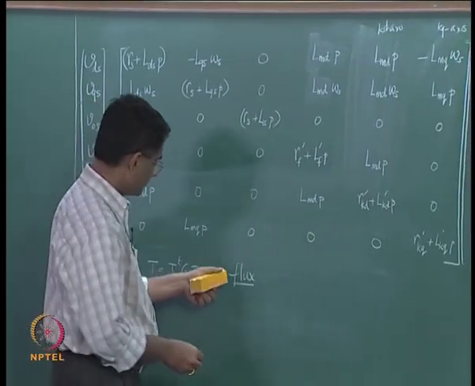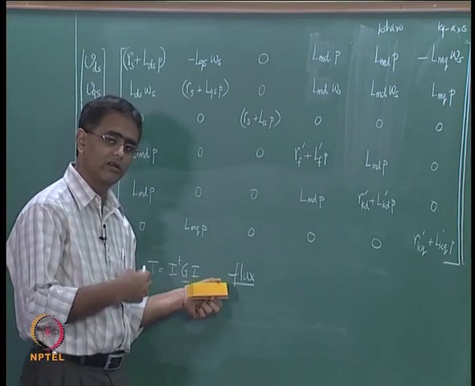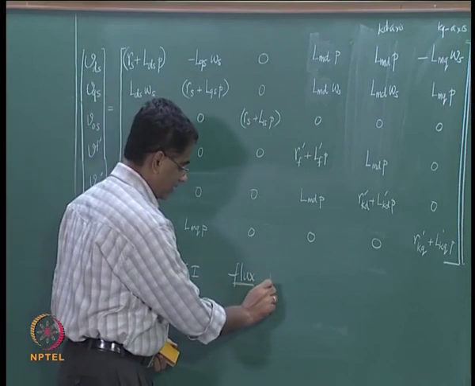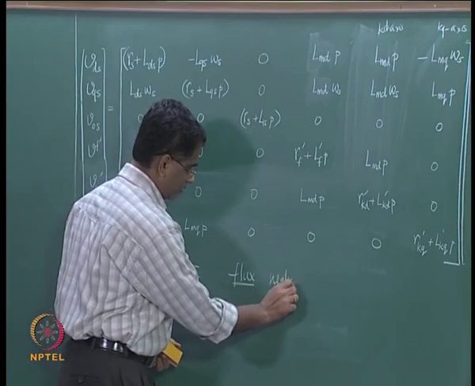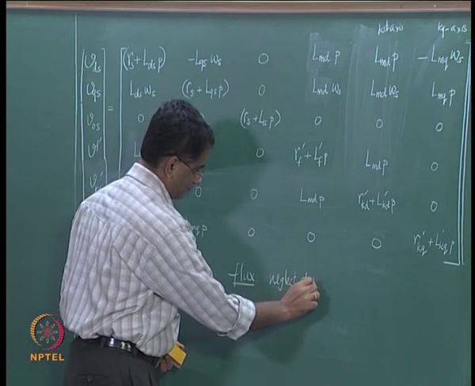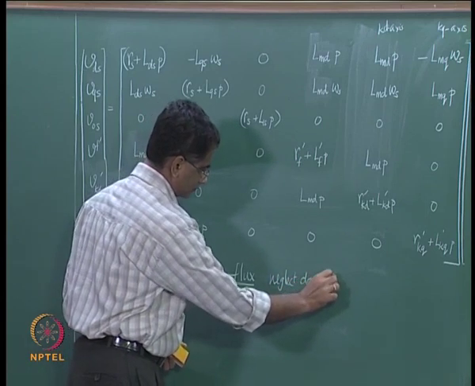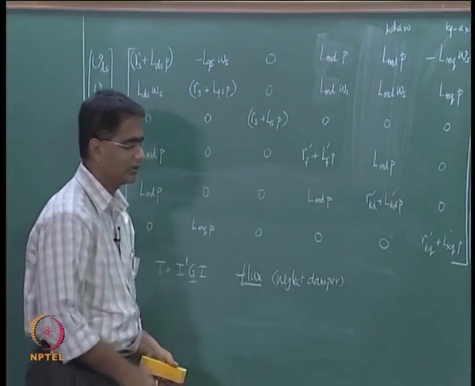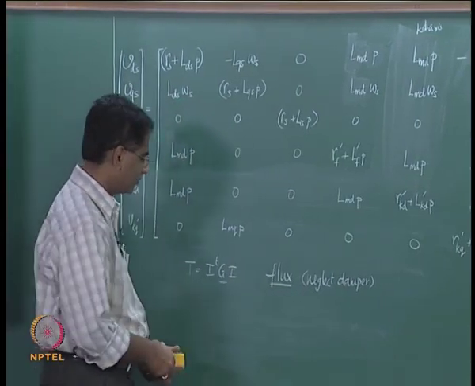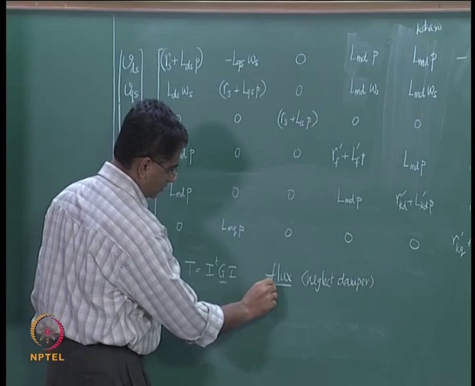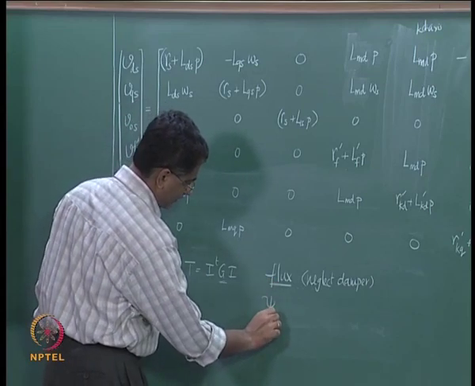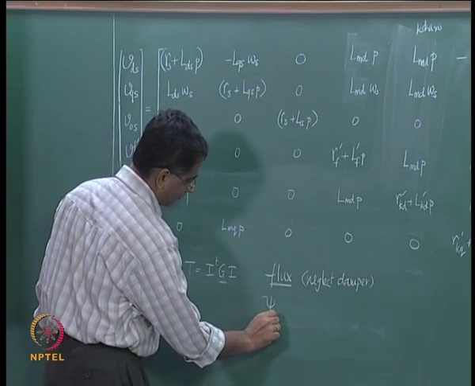So to develop these equations or to represent it in flux variables, we will again neglect the damper windings, neglecting damper because it is just simpler to write. Otherwise one can still define the flux linkages as